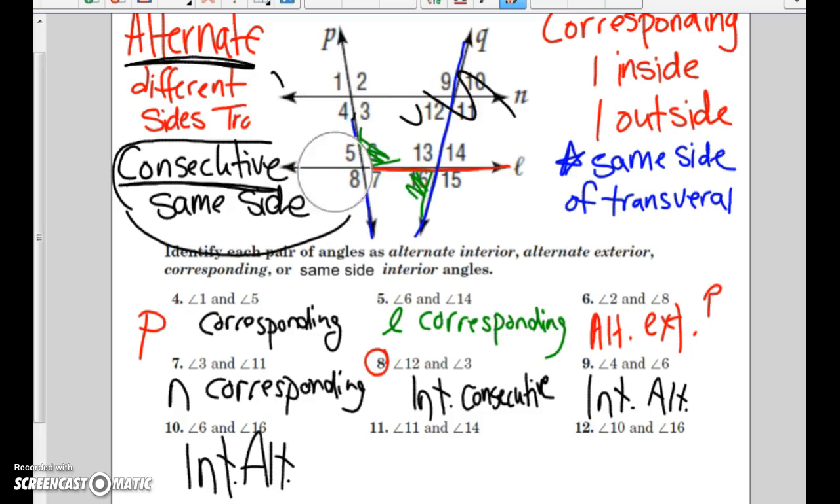Okay, 11 and 14. 11 and 14. One red line is